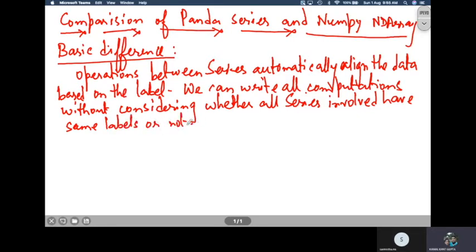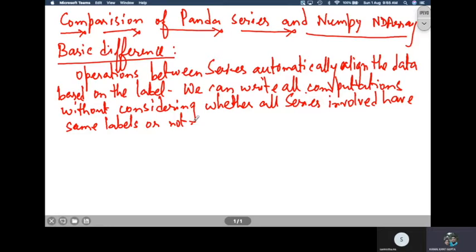Even if the series have different labels, you can still do operations. Those series which have the same labels will be treated as the same thing, and the operations will be done on them. Whereas if the labels are different, they will be treated differently, and the operations will be done taking the labels as different labels. That is very important to understand.